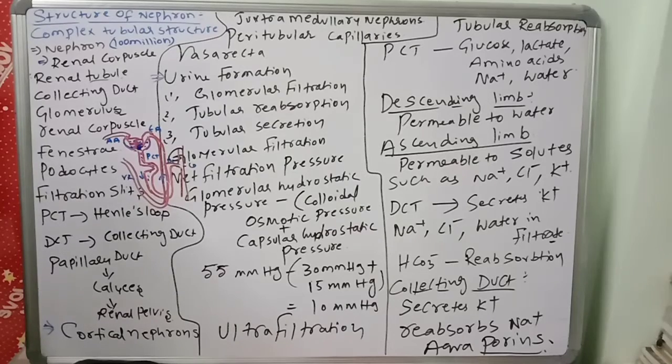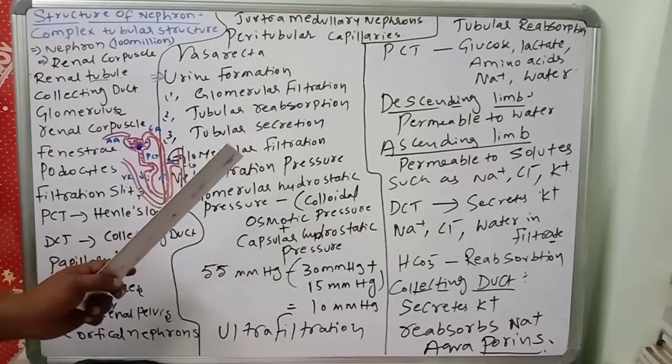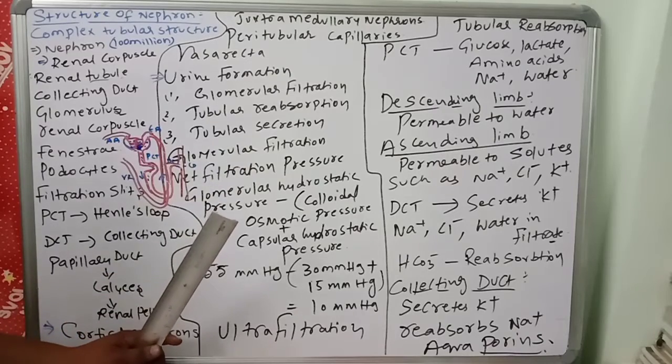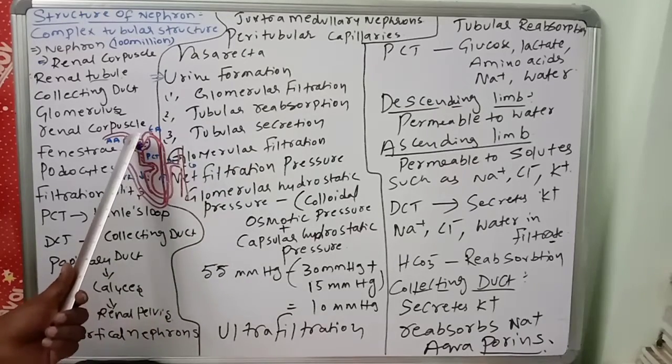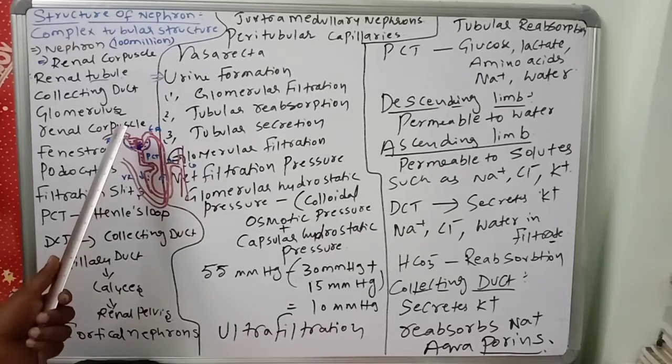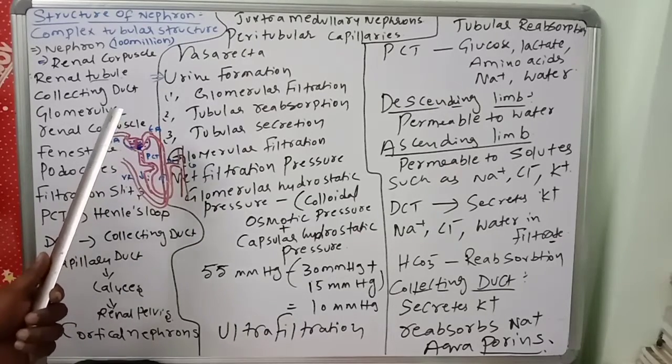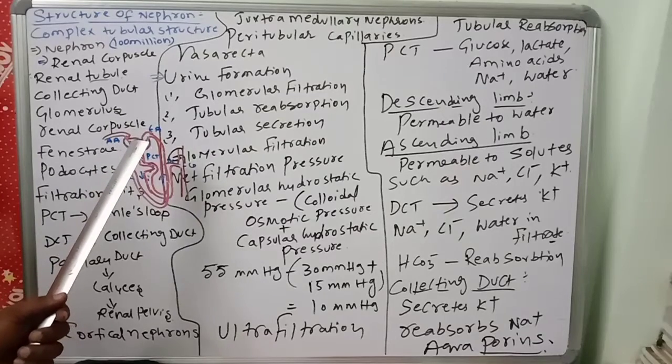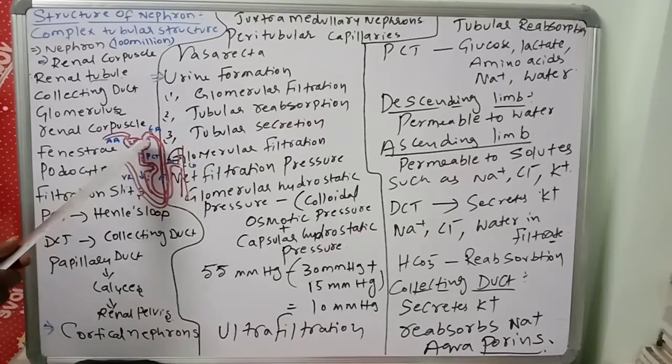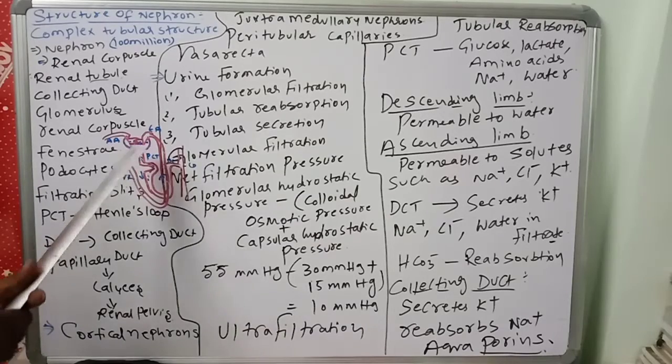So, coming to glomerular filtration. Blood enters the kidney from the renal artery. Into the glomerulus, blood is composed of large quantities of water, colloidal particles, sugar, salts, and nitrogenous end products. The first step in urine formation is the filtration of blood, which takes place in the glomerulus. This is called glomerular filtration.